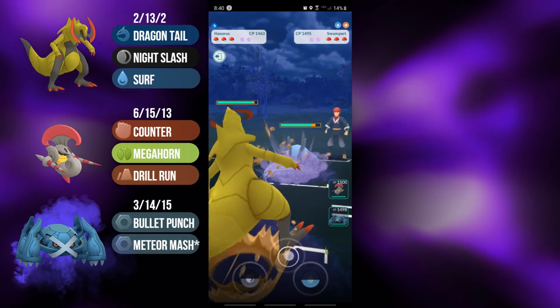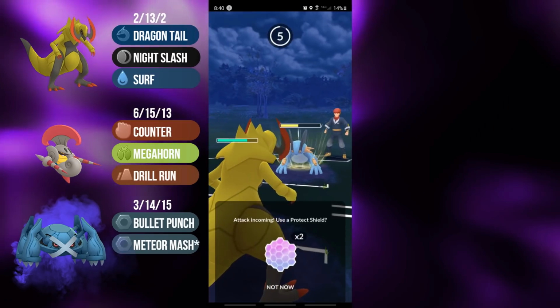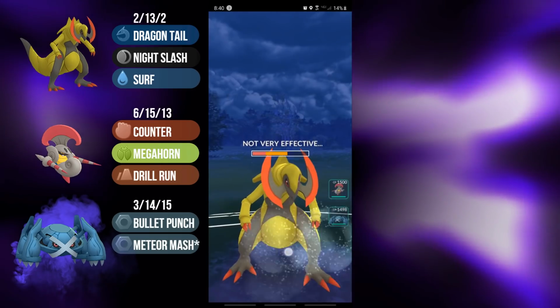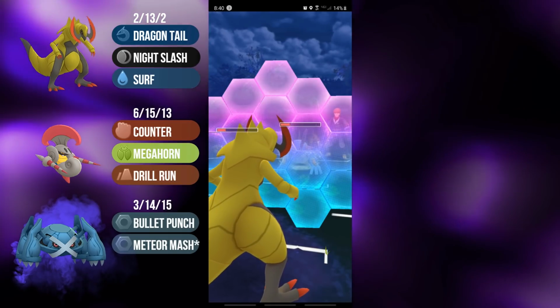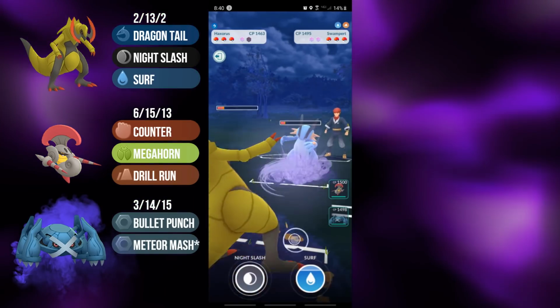We saw how this lead played out in the previous match. It's a pretty positive lead for HAXORUS. This time, the opposing Swampert does actually farm up to the Earthquake. They're going to call it, and they successfully call the Hydro Cannon bait. What a read. Now, HAXORUS will have to shield up this second Hydro Cannon, but after that, they are looking